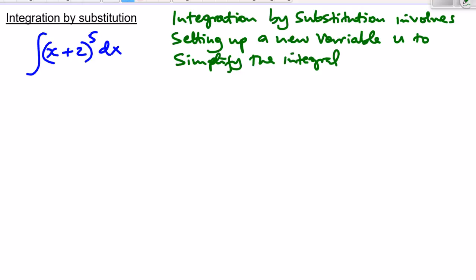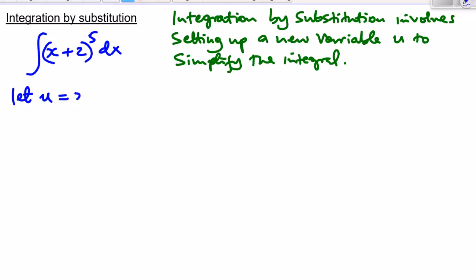So the idea is you want to simplify this integral so that you can easily integrate it using the methods that we know. The first thing here in a question like this, in this case, we'll let u